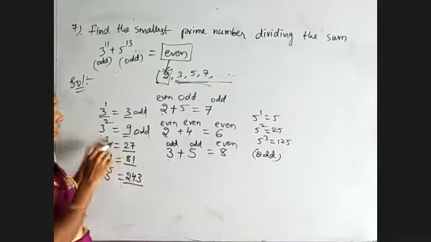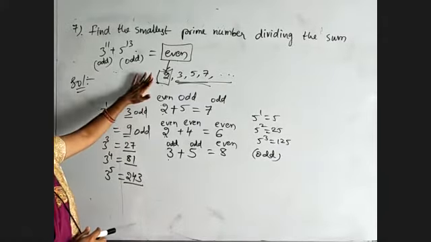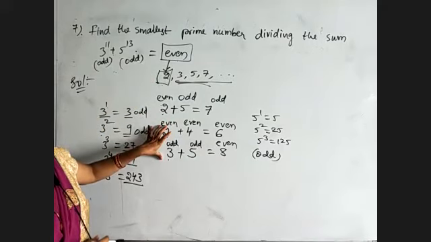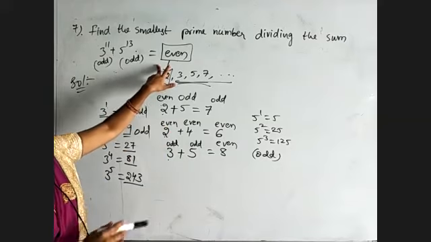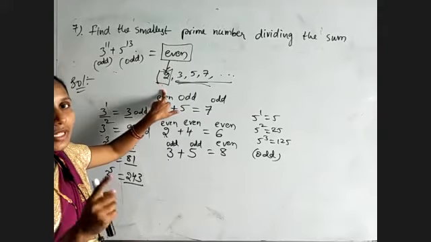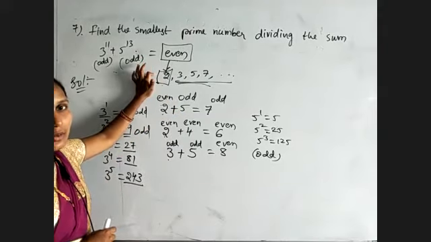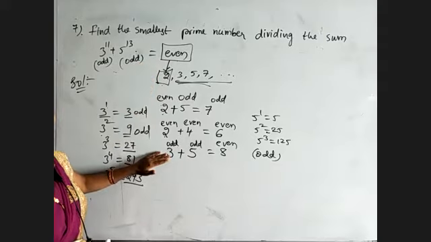Okay, I hope you understood. Here, if you do the calculations, it will be lengthy. For that sake, we are checking the properties of even numbers and odd numbers. If you add two odd numbers, the result will be even. And we have only one even prime number, that is 2. So 2 divides the given value. All the even numbers are divisible by 2, and the numbers which are not divisible by 2 are said to be odd numbers. Yes or no?